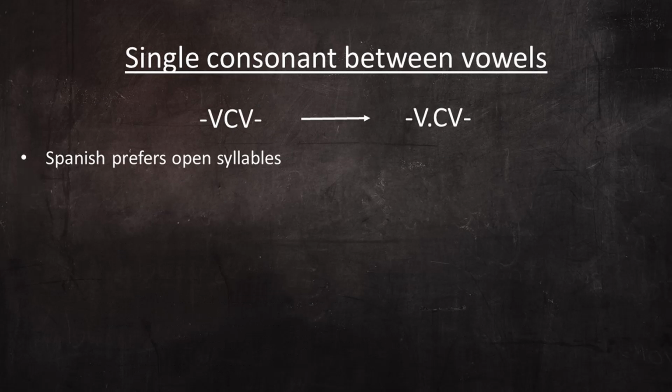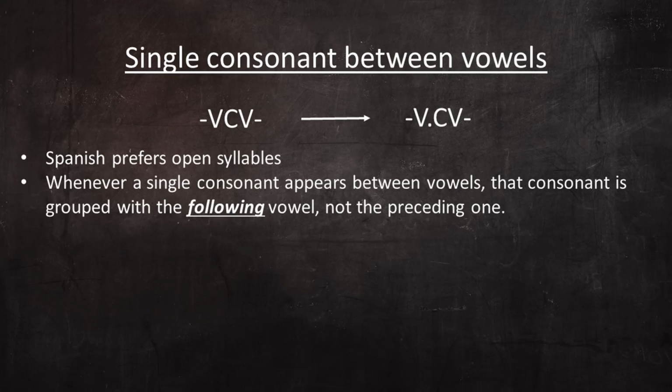Spanish prefers open syllables, so whenever a single consonant appears between vowels, that consonant is grouped with the following vowel, not the preceding one. For example, the word casa, in which the consonant S is located between 2 A's, would be divided up into the syllables ka, sa, where both syllables are open, and not kas, a, where the first